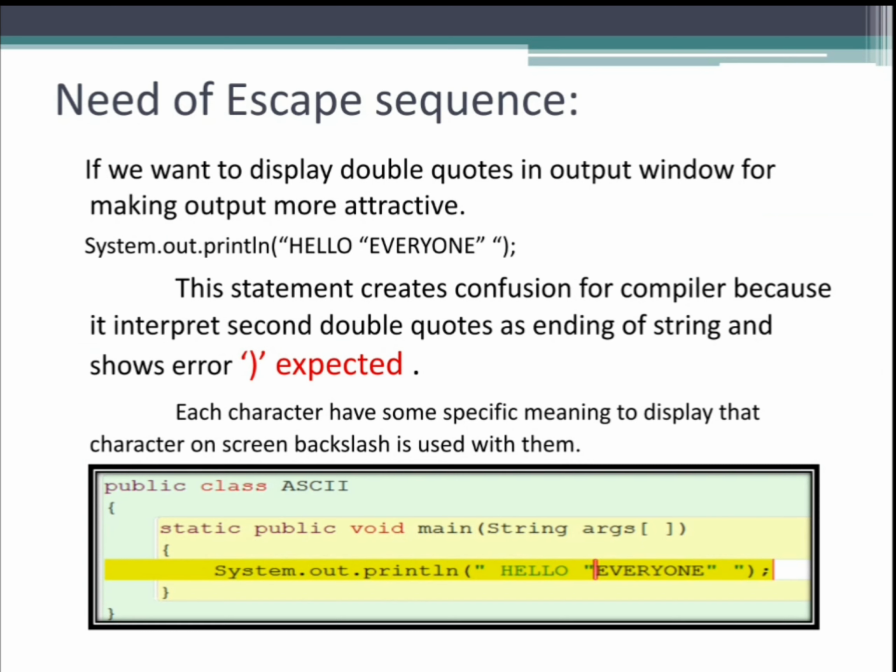But actually what we want is for everyone to be present inside double quotes. If we want to command a cursor to display double quotes, then we have to use an escape sequence. Now I think you are getting what I want to tell you.